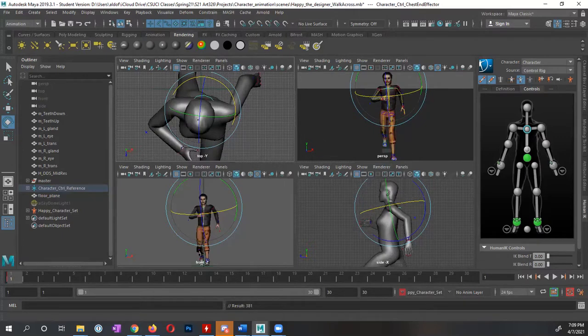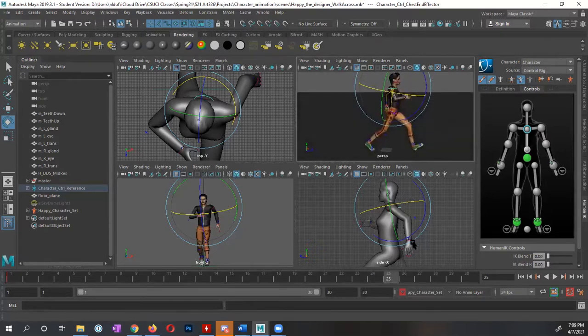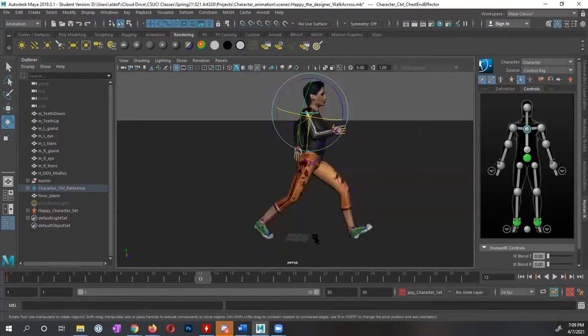Now I could say, if this was going to be 24 frames, so at frame 25, well, I don't know how far I want my character to go, so I'm not going to do that. I could say, okay, at frame 23 should be my next keyframe, but I don't know how far that next step should be. So for right now, I could go to frame 23, and what I want to do